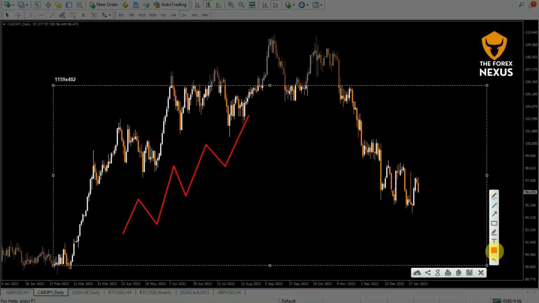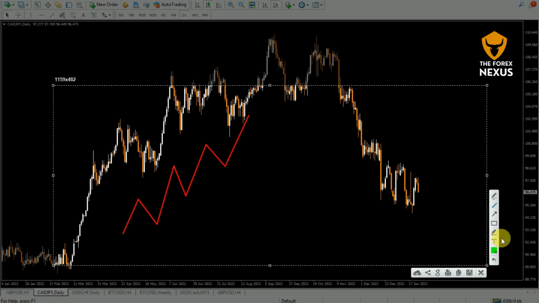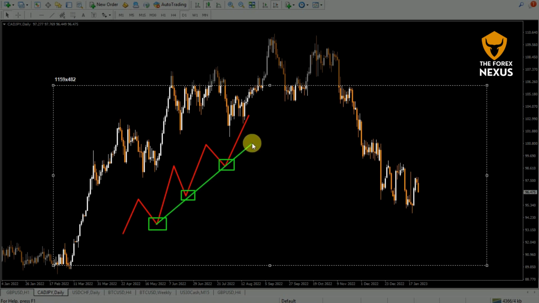Then we need to point out the swing lows, like this one and this one. There are specific rules for the trend line. We start from the left side and the lowest point of the swing. From here, we will draw a line,